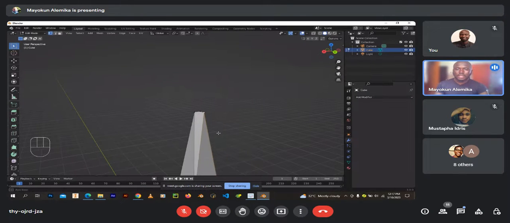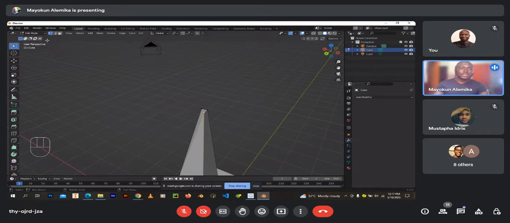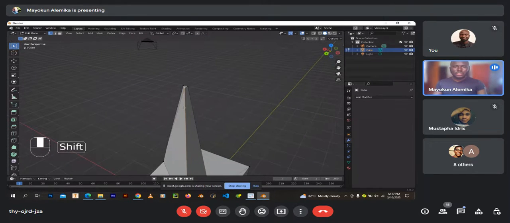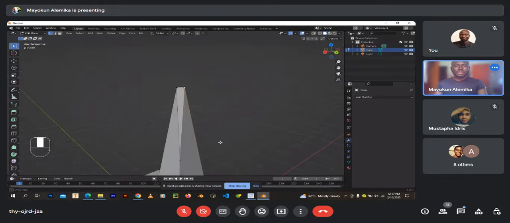All right. So that's just the basic difference between the three: vertex, face, and edge select mode. All right. Okay. So now you might be wondering